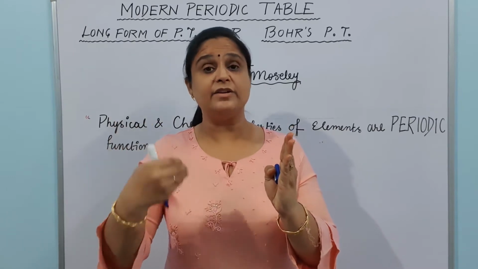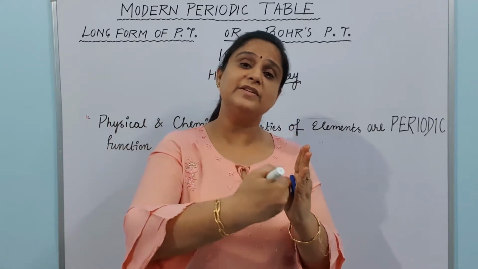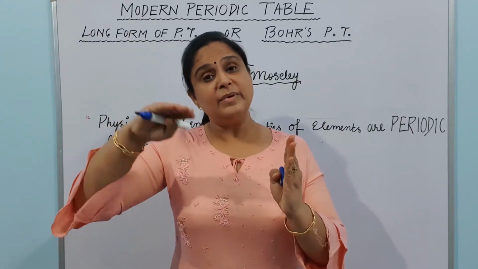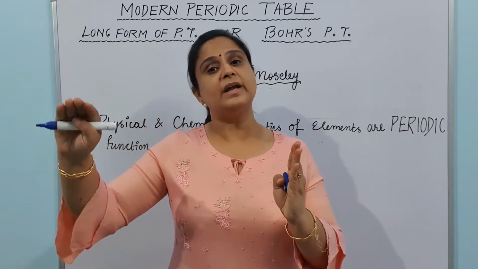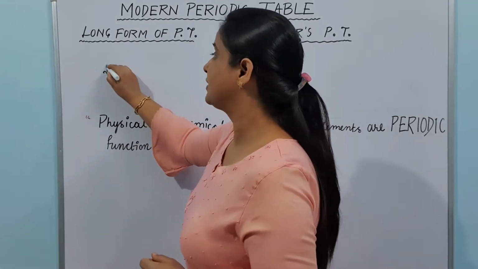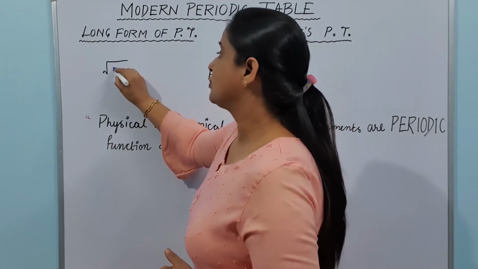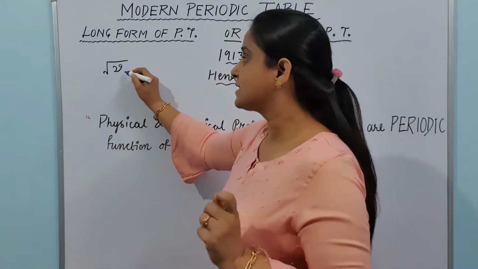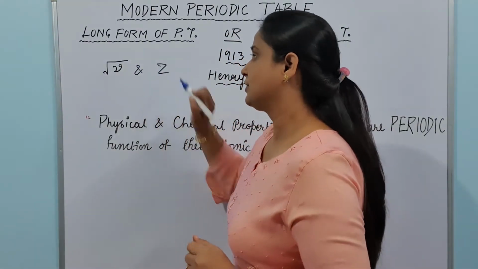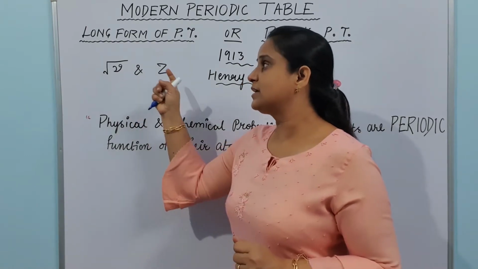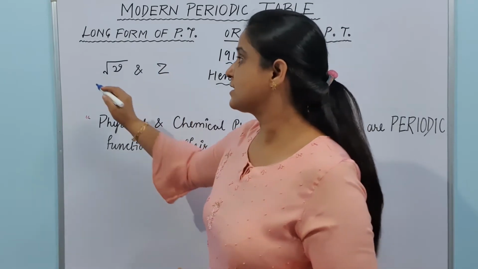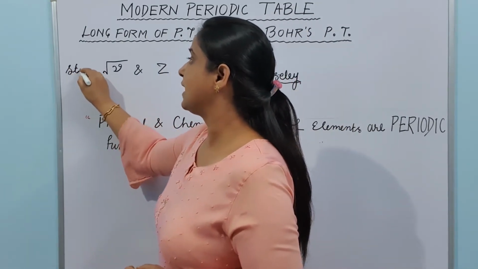He was trying to find out the relationship between the frequency of the X-rays coming out and the element's atomic number and atomic mass also. And when he plotted the graph between the square root of the frequency of X-rays coming out from the metal and the atomic number of the metal, he came to know that this graph was a straight line graph,